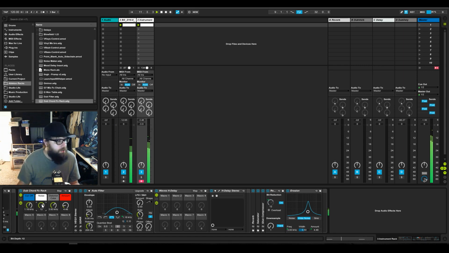And then distortion, color, and amount is actually Erosion in white noise mode, which again is just adding some noise to it. And this is the frequency range I'm playing with. So sometimes I want to dirty up my sound, add a little bit of something there. That's what I use this for. So yeah, that's why that's there, and that's why it's like that. And all that fun stuff. I say all that fun stuff a lot because I don't know how to end the sentence. That's really what it is.